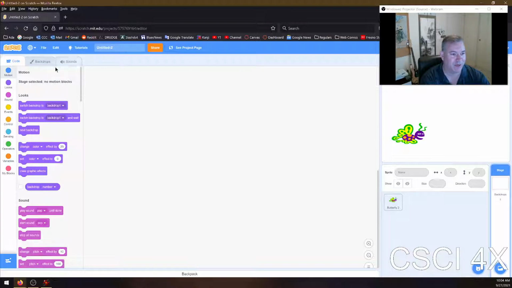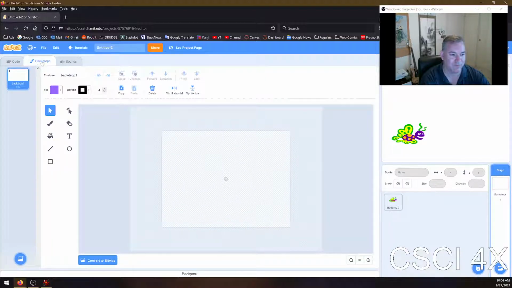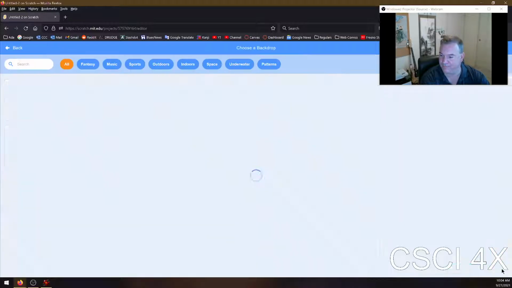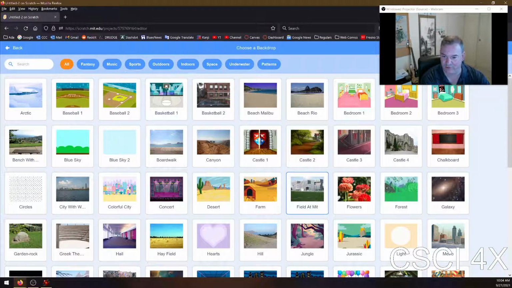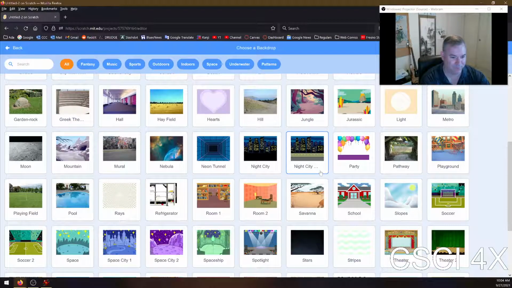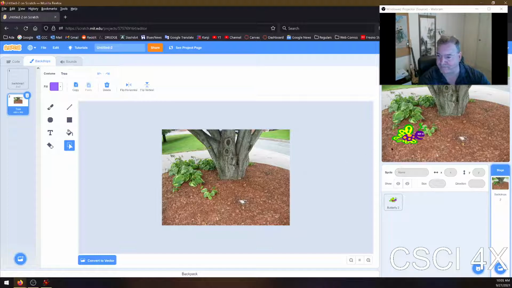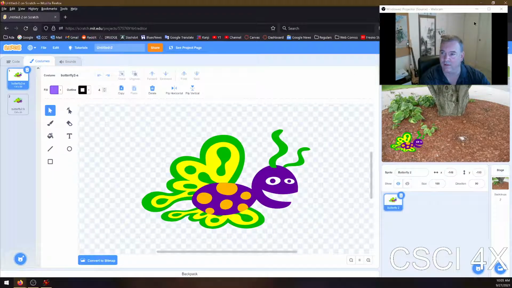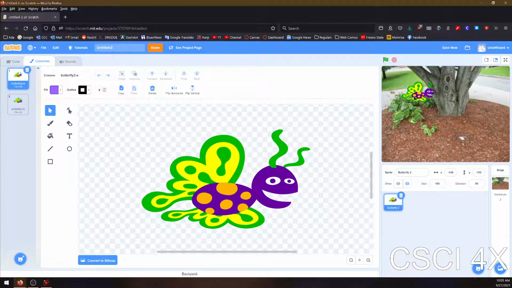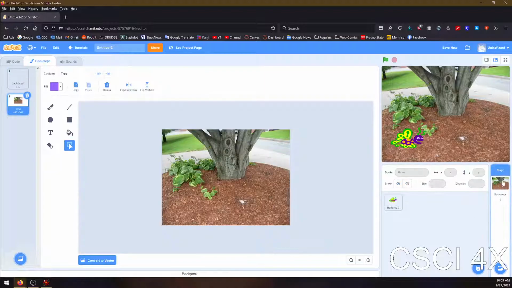If you click on the backdrop, you can go over here and load backdrops. They have a bunch pre-made in here. Where would a butterfly be? Maybe on a tree. Okay. Let me get my face out of the way. So basically you can set a backdrop, and normally this is just for decoration purposes, but what you can do